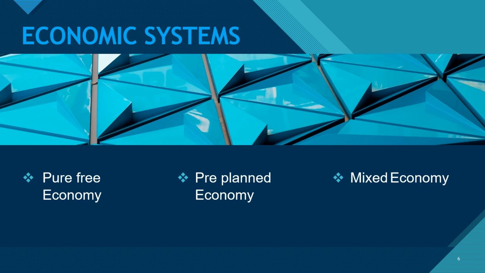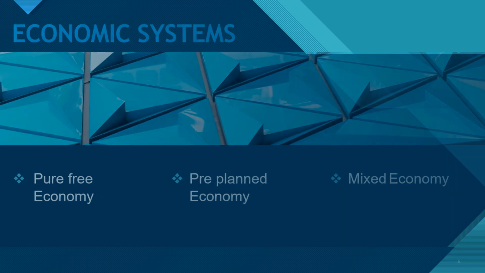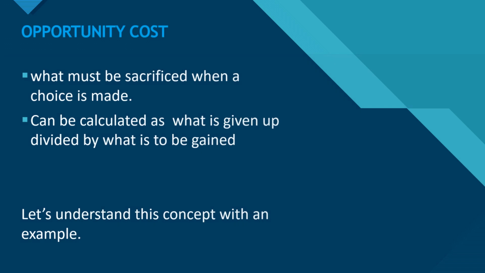And third, last, is the mixed economy. Mixed economy is a combination of both socialist and capitalist countries, where the government and society play more of an equal part in forming an economy. For example, India. Moving further,